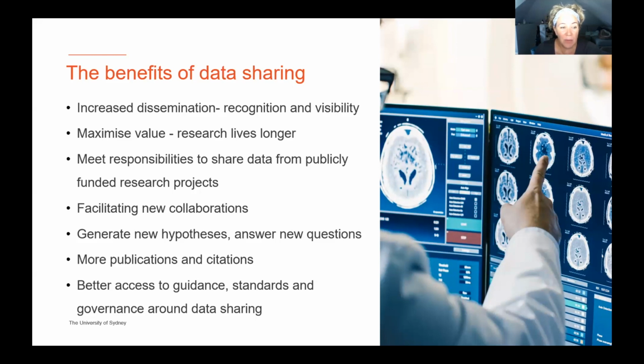For academics, it means more publications and more citations, including the original data custodians and data team. And by using, we can learn. So by using data and finding creative ways to use it again, we will inevitably develop more guidance and standards around how to access and use data when we share it.